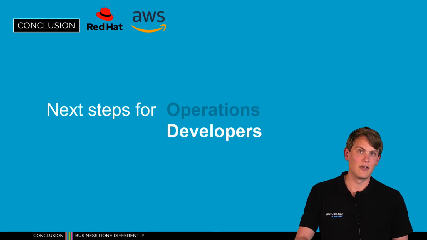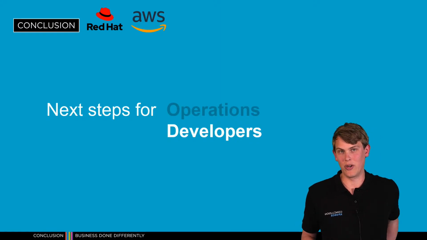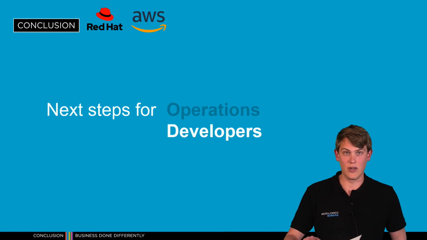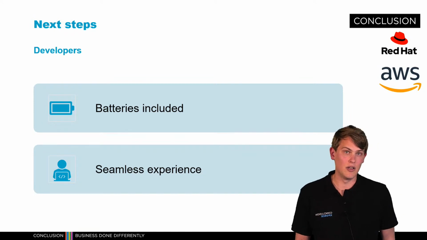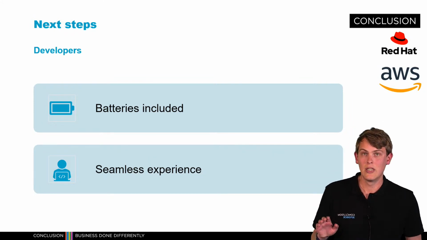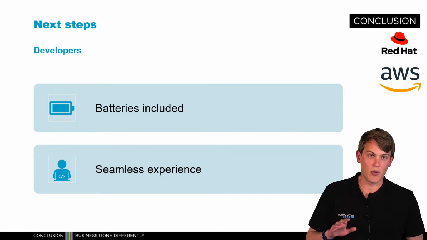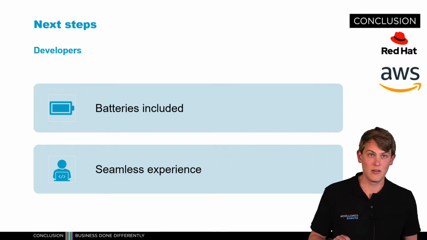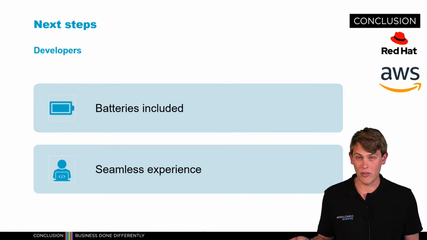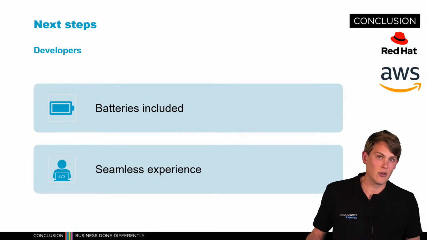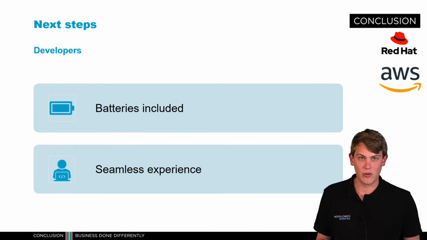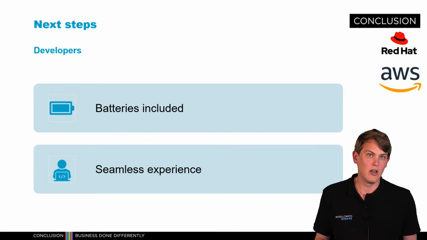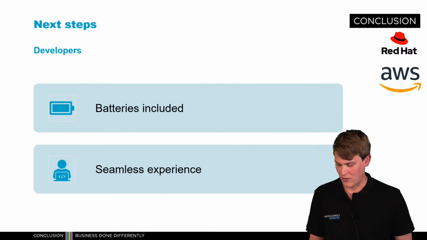And the next steps for developers are actually pretty easy. When you're an existing Red Hat OpenShift customer, or you already run a lot of Red Hat tools in your portfolio, ROSA really comes with all the bells and whistles attached. Everything you know and love about OpenShift is supported and is supplied with ROSA. So batteries are included, and it's a totally seamless experience for your developers, targeting the same runtime, the same workflows, the same tools, etc., etc.